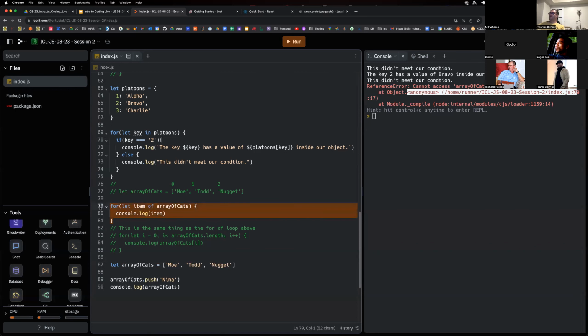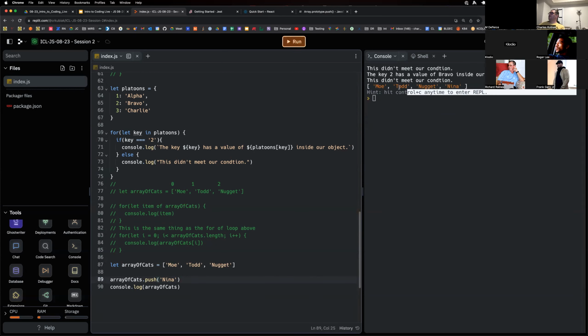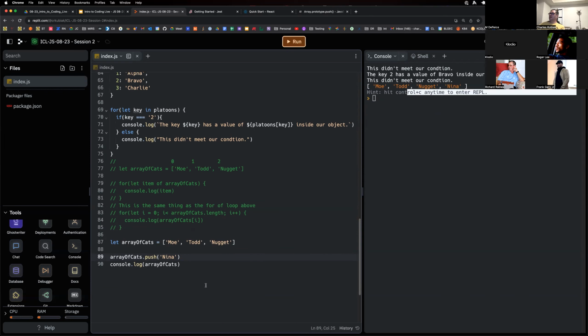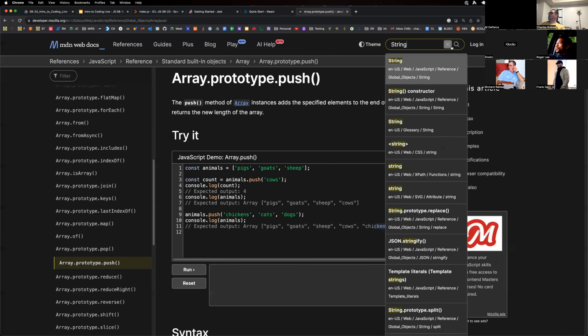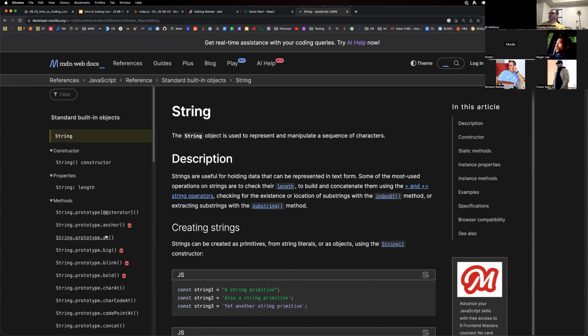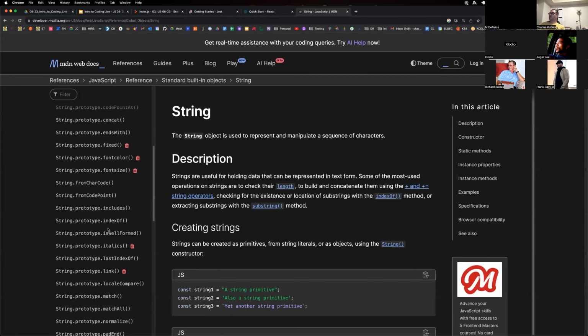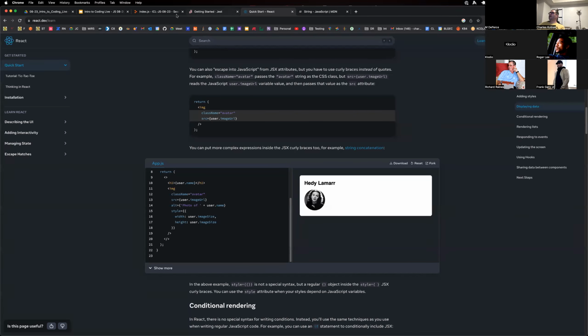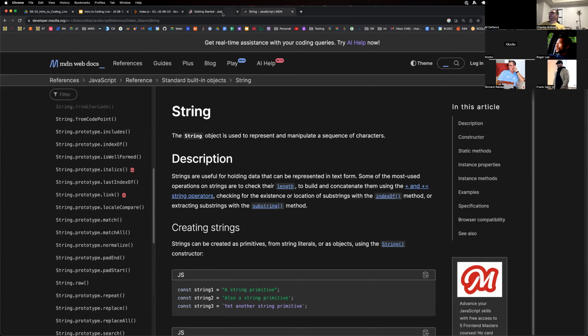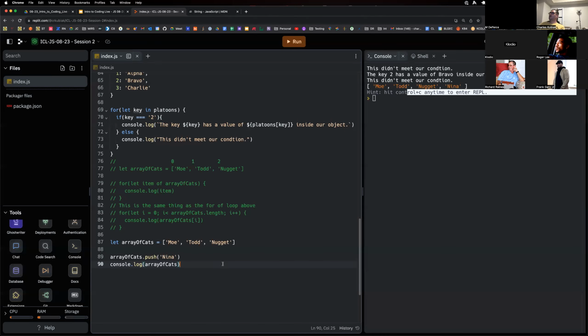All right, so I'll just comment this out for right now, and I'll run this. Now I have Mo, Todd, Nugget, and Nina. And I'm pretty sure if I look at string, and I come over here and look in alphabetical order, string goes from pad start to raw. So if I were to do something like, let's close this down, and close that down, and we say,